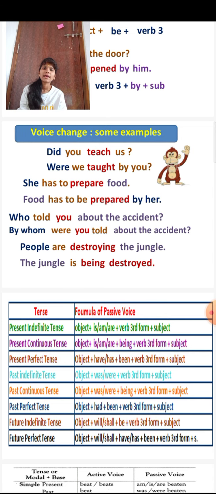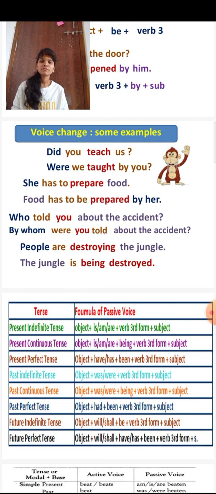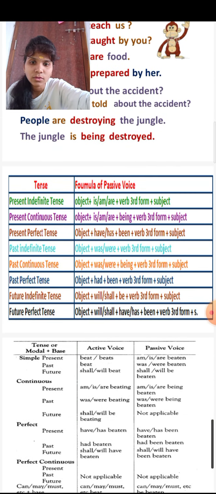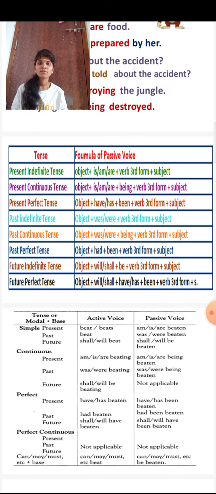So these are. And next here, when we are focused on tense forms, you can see this table again. I just want to explain about the table again. So what are the structural forms? You have to focus on them. So for present continuous, the formula of passive voice is object plus am/is/are plus being plus V3 plus by plus subject. So this is the present continuous formula of passive voice.